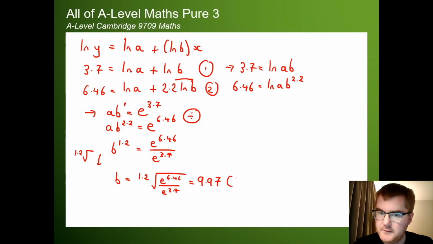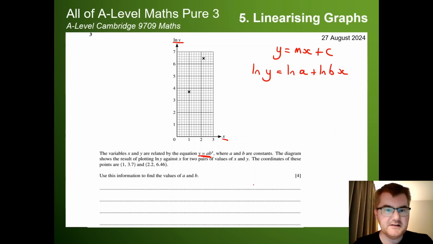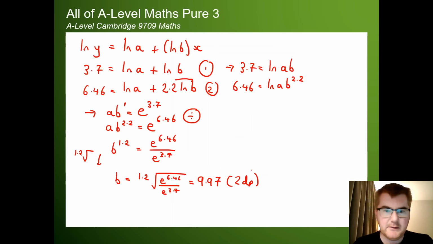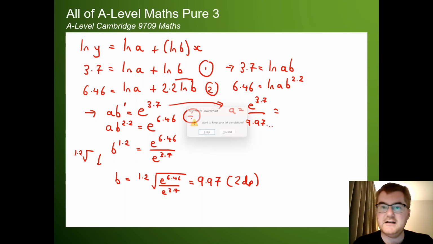So 2 decimal places, does it say? Doesn't say particularly what they want it to. Okay, and then we can work out the a value. Again, I'm just going to take this equation here. So that means a is equal to e to the power of 3.7 divided by our answer 9.97 dot dot dot. And if we put that in,